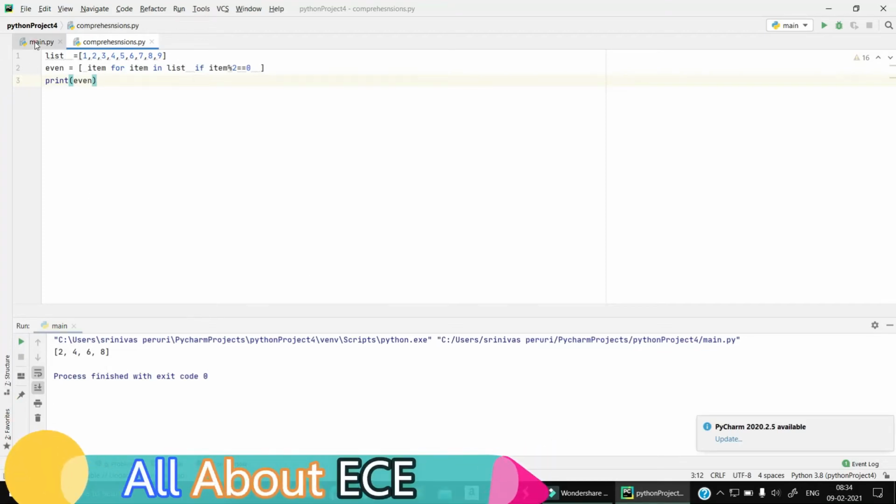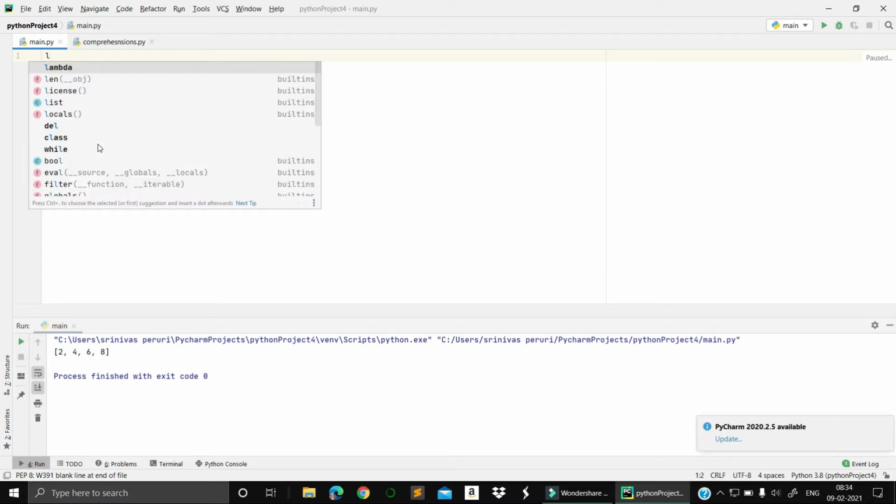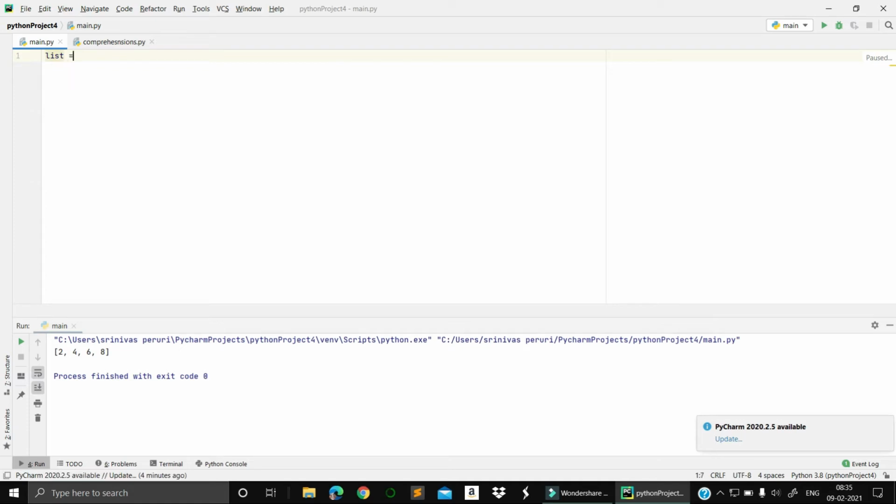In today's session, we are going to discuss a little bit tricky question regarding list comprehensions. Suppose I have a list, and in the list we have so many elements like this.